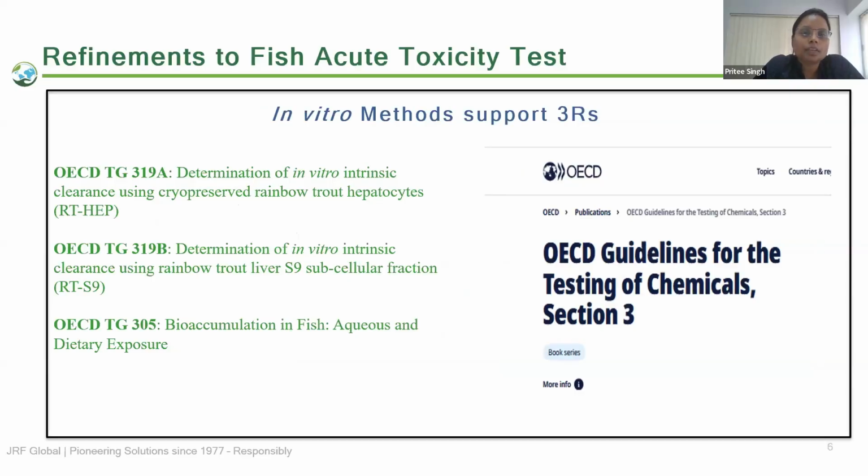So here, a suspension of enzymatically active cryopreserved hepatocytes, or hepatic cells, is exposed to the test chemicals. Then the reactions are stopped at specific time intervals by adding a stopping solution, and with a validated analytical method, the decline or decrease in concentration is measured. On this basis, intrinsic clearance is calculated, which is important for predicting the toxicity of a chemical.